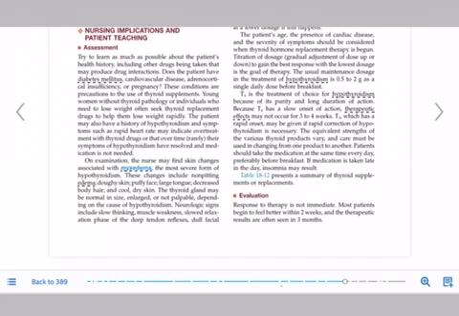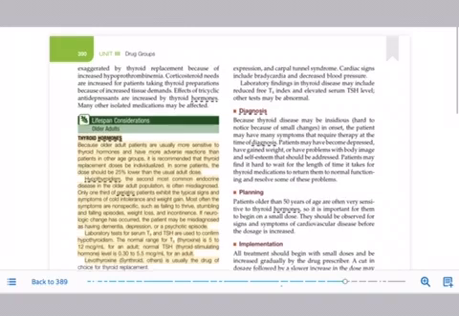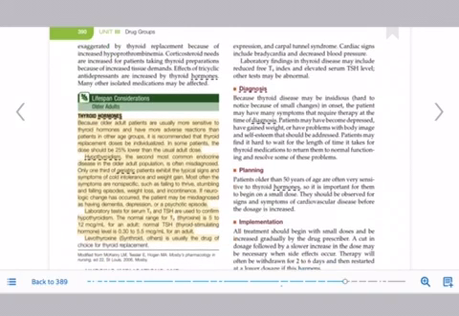Look at the assessment. Find skin changes associated with myxedema. Do they have a large tongue, puffy face, doughy skin? Highlight that there. The thyroid gland may be normal in size, enlarged, or not palpable, depending on the patient. They may have neurologic signs, such as slow thinking, muscle weakness, slowed relaxation. Okay, carpal tunnel. Cardiac signs include bradycardia, decreased blood pressure.